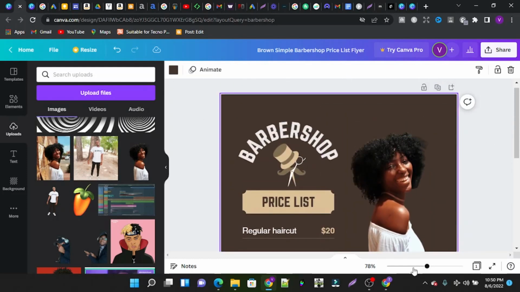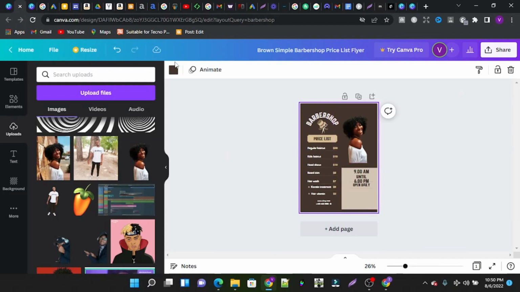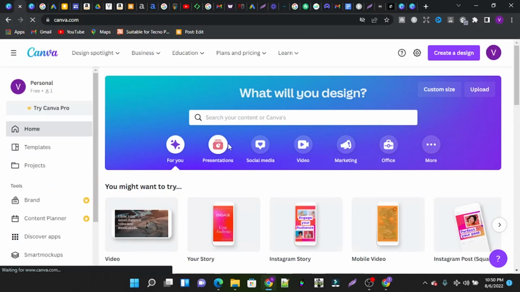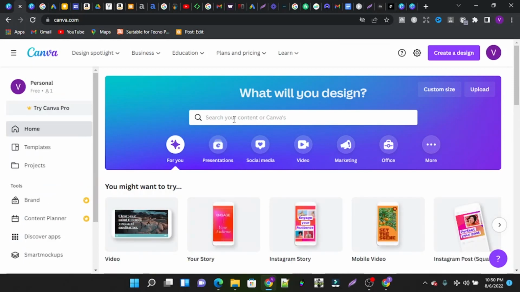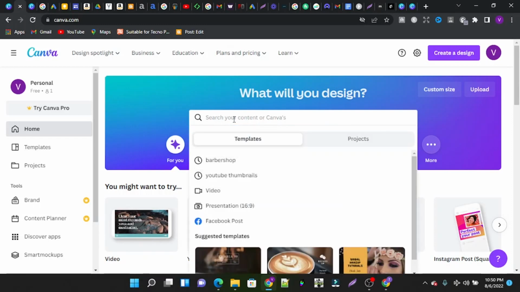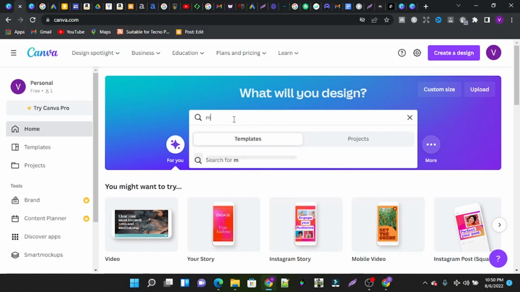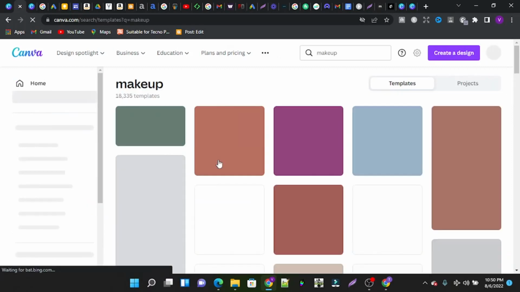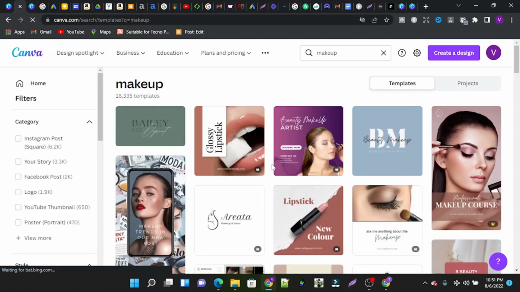Now let me show you guys. Okay, now for the ladies, let's go make something for the ladies. Let's say if you're a lady and you want to make up a flyer for your makeup artist, you want to make a flyer for makeup. All you have to do is just come here and type in makeup. You can see it has even come out, and then you just click on it, and voila,